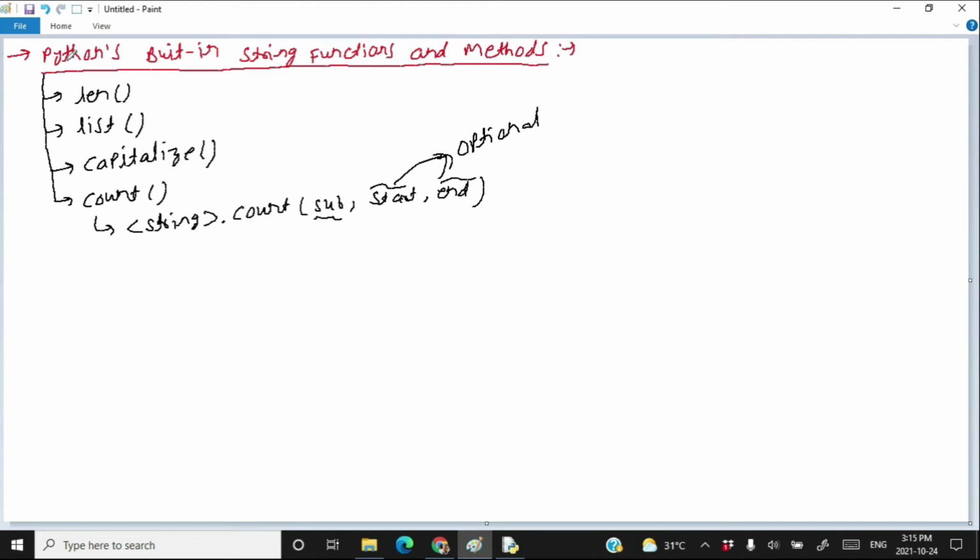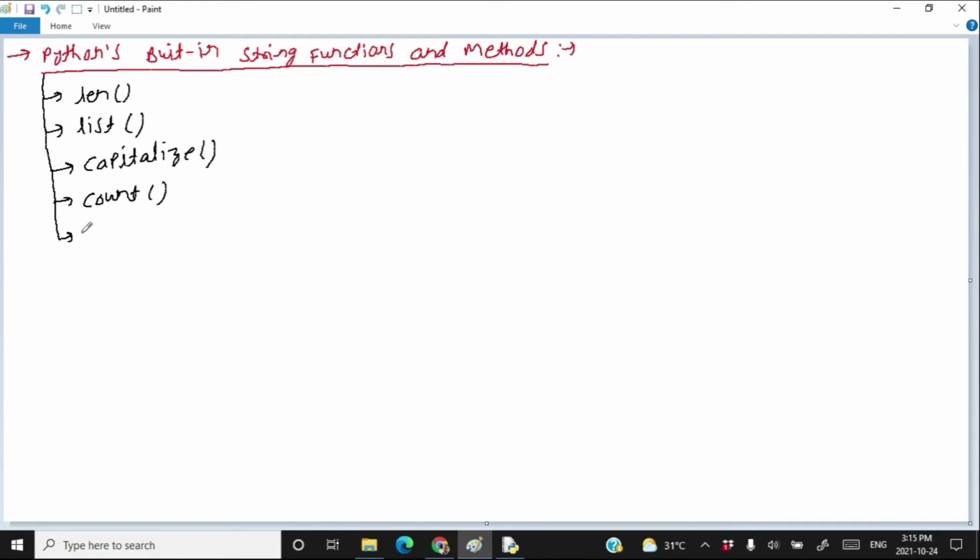Next we have the find method. Again, by using the string object, you have to call the find method, and you have to find the substring sub.